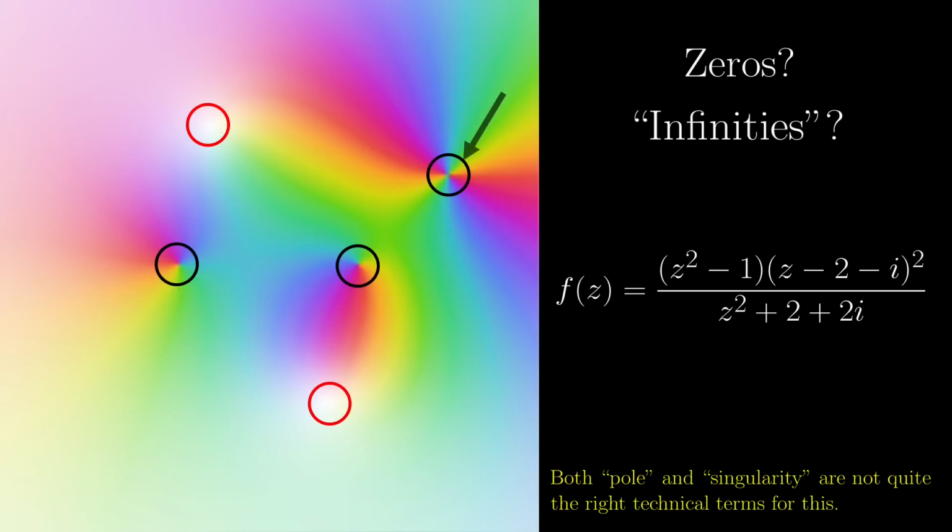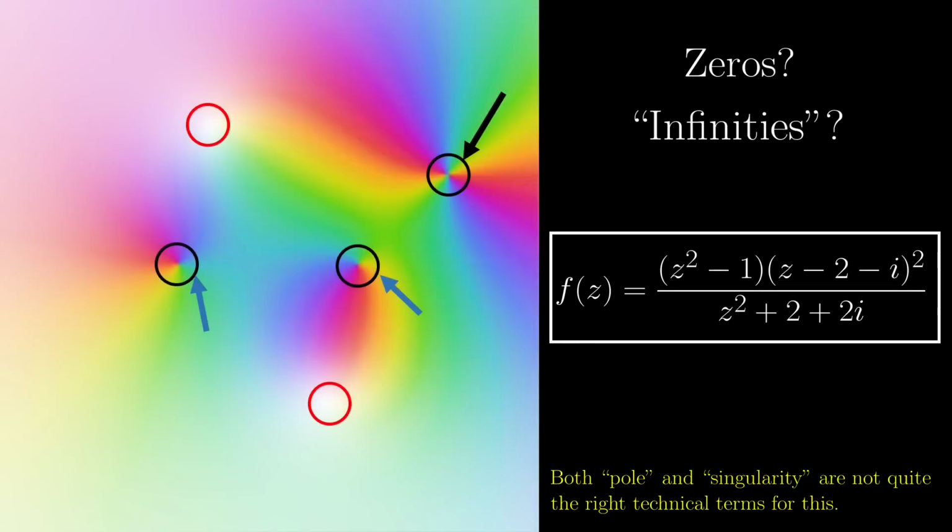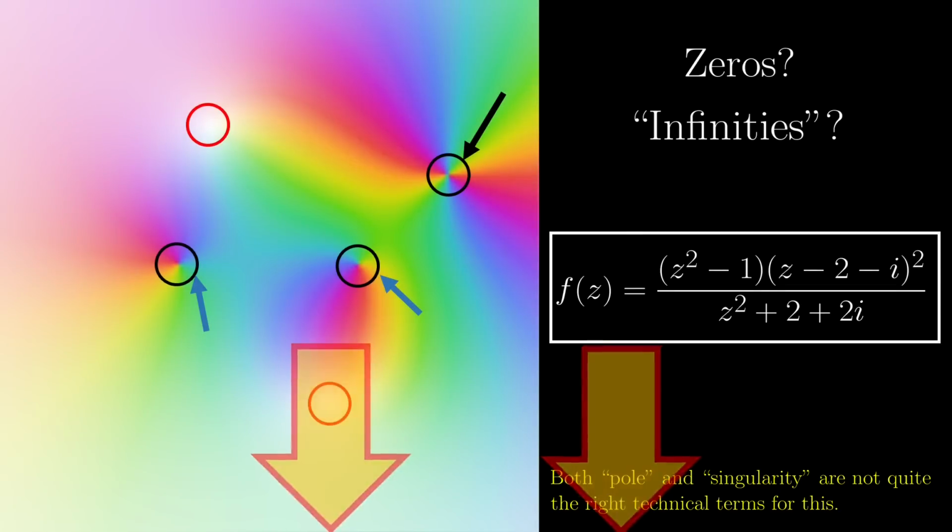By the way, this particular black spot is quite different from the other two. Can you figure out visually what is the difference? And could you explain this difference if the function is given like this? Don't worry if you don't know the answers, it is completely optional, but if you do, leave a comment down below.